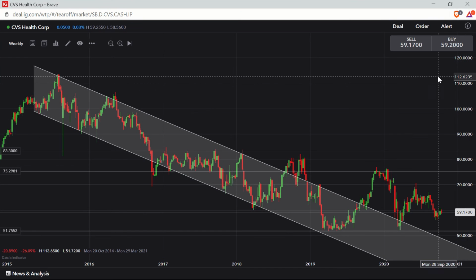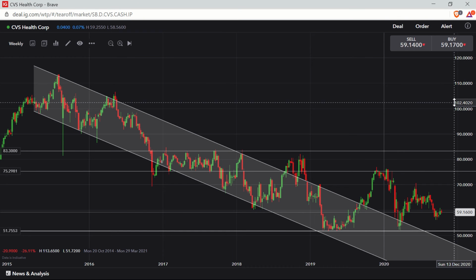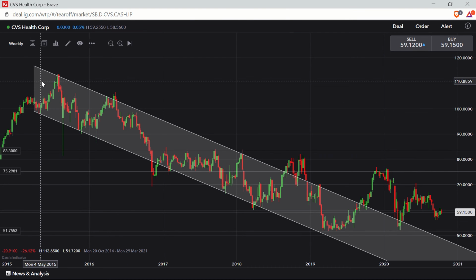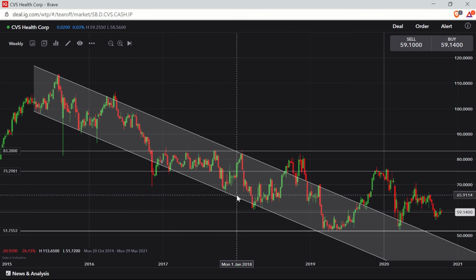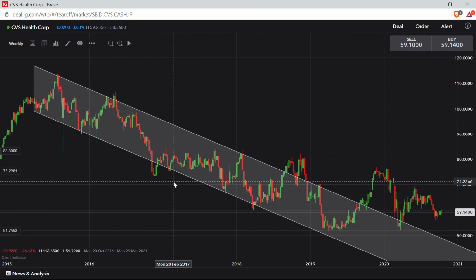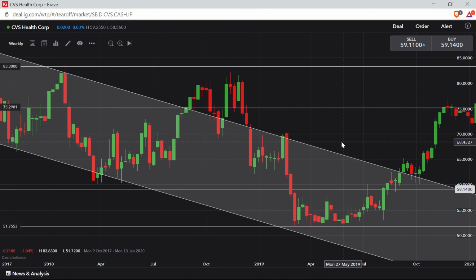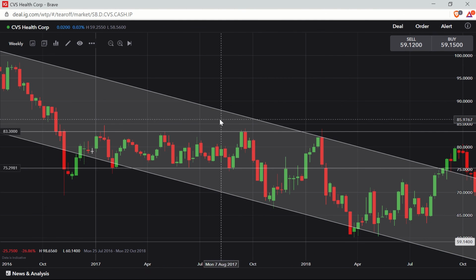Let's look at CVS Corporation, because this is interesting as this isn't a horizontal support and resistance. There's kind of a channel. The general trend since the summer of 2015 is a downwards one. But as you can see within that trend, there are levels where people think there are buying opportunities or selling opportunities. And I think what's interesting about this one to note as well is if we zoom in and go back to